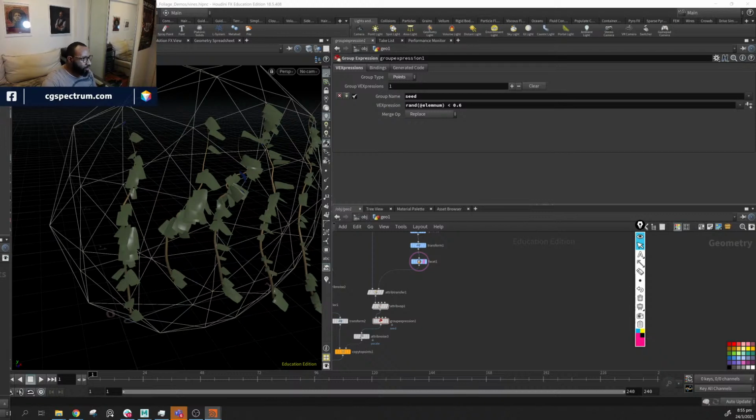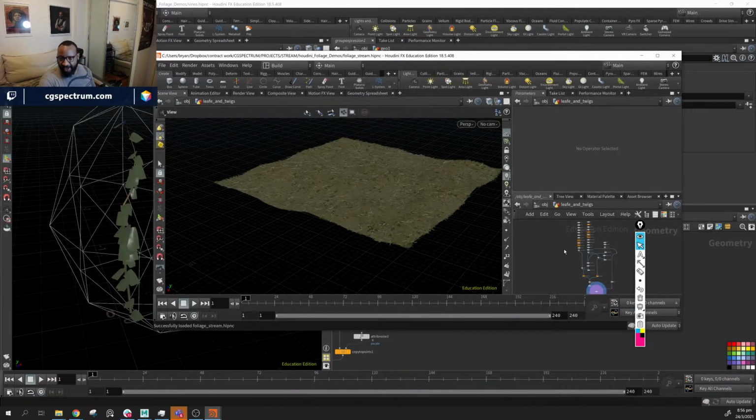I'm just gonna try to go grab the stuff that I was doing. Ground scatter. Let's go get. Where is? Oh no, that's not what I was looking for. Last modified. Foliage stream. That's what I want. So I'm going to pop this guy back open, and I'll just copy my leaf setup here. So I'm just going to take all of this stuff,